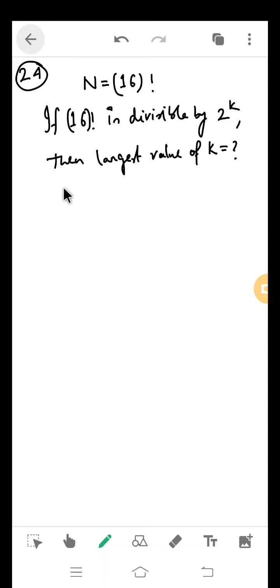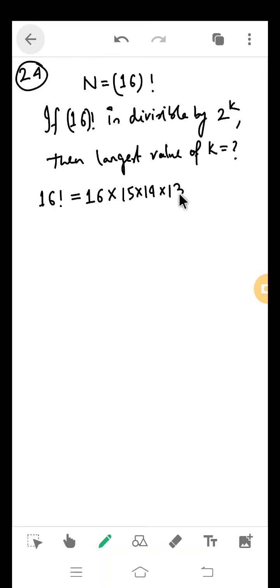तो उसको निकालने के लिए एक तरीका है. The technique is what, हम लोग डायरेक्ट इसको ब्रेक करके भी देख सकते हैं, लेकिन ये तो ब्रेक कर सकते हैं, छोटा नंबर है, लेकिन बड़ा नंबर में हम लोग ब्रेक नहीं कर पाएंगे. तो पहले हम दिखाता है कि if we break, how you can find out what is the largest value of k. पहले हम ये सिंपल फॉर्म से देख लेते हैं. देखो 16 फैक्टोरियल में हमको वही नंबर देखना होगा जो इवन नंबर्स हैं, क्योंकि वहाँ में हमको 2 मिलेगा. So if you write 16 factorial, if you consider only the even numbers